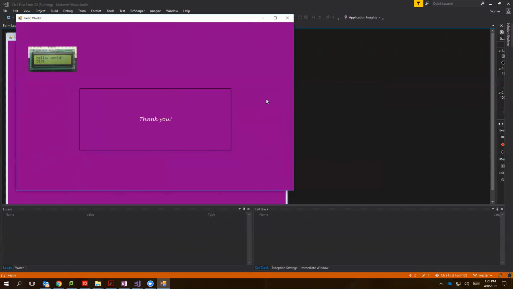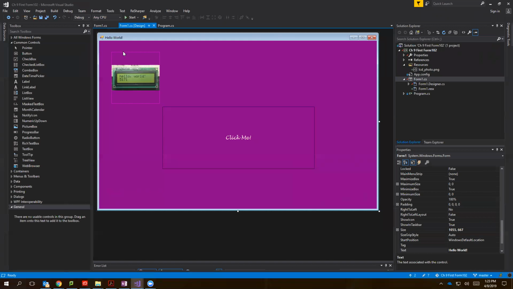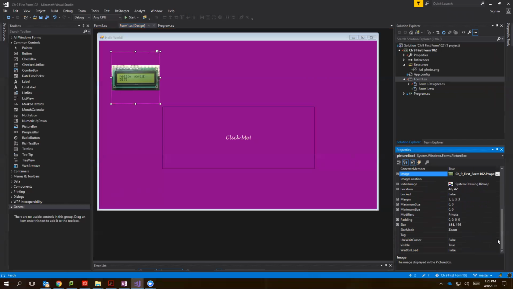Okay, great. But I think I just want my picture to show up when somebody clicks the button. I don't want the picture to be there to start, right? So let's try to change that. All of the controls and properties available on this shortcut tool are still available in the properties of your picture box control. They just have a couple of them layered up here to make them quickly accessible. The one I want to find is visible. Right now, the visible property is set to true. I'm going to change that to false